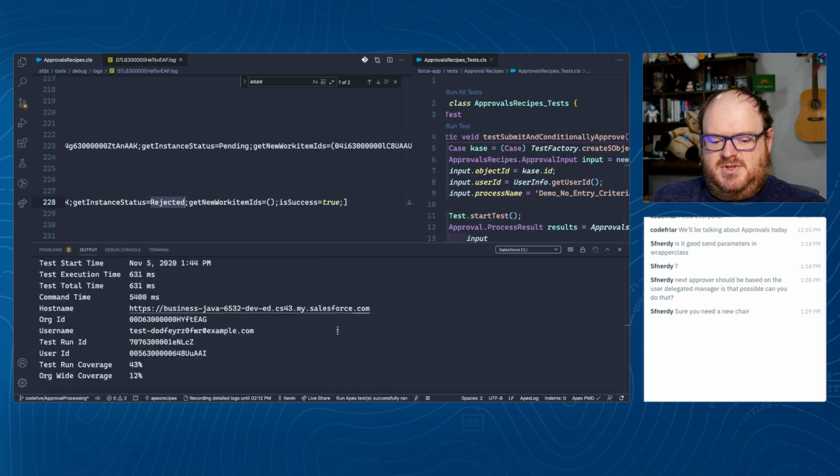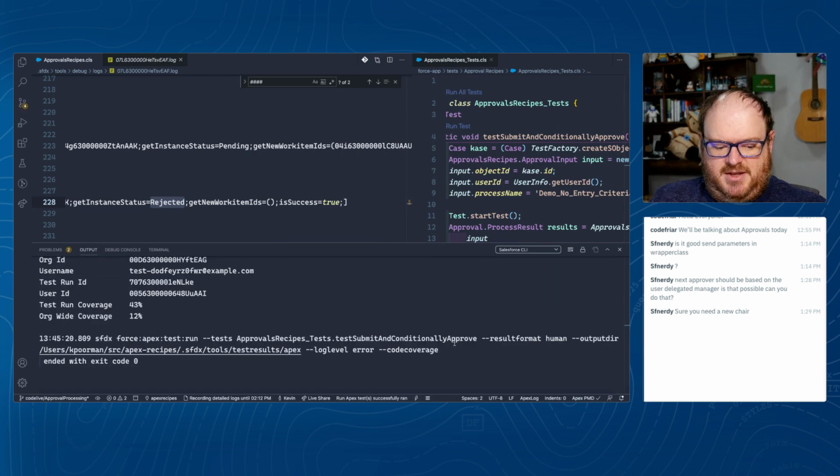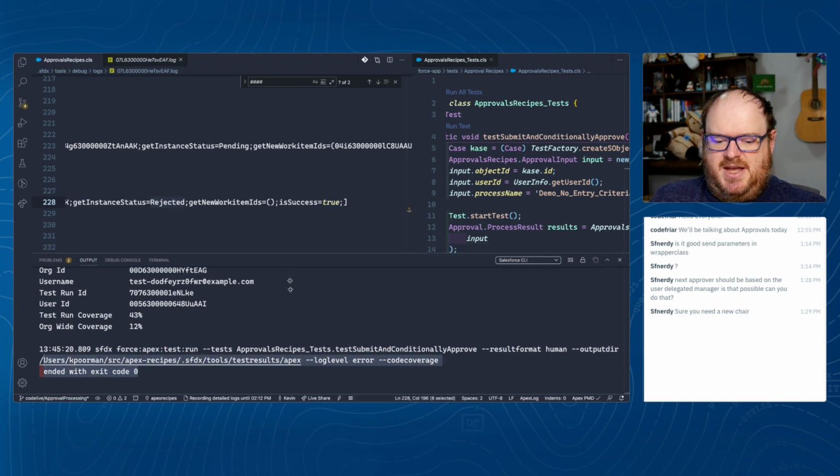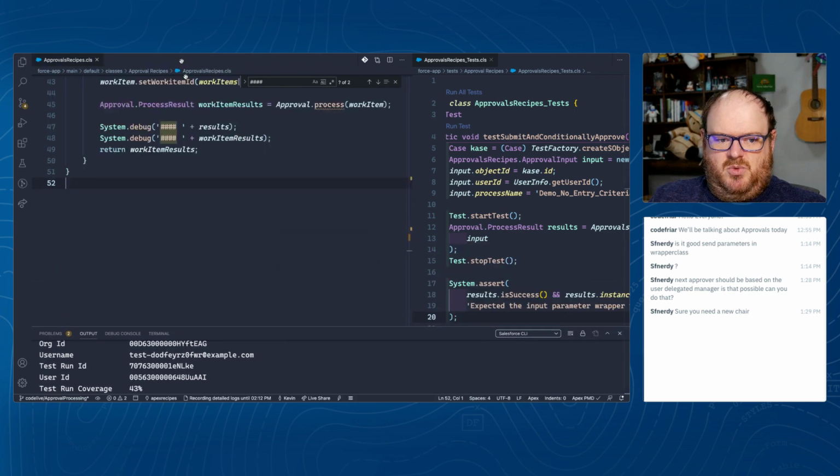Testing, testing, testing. Oh, look at that. Exit code 0. That's what we want to see. Our test has passed. Okay, so what we've done here in this method, I'm just going to clean it up a little bit,